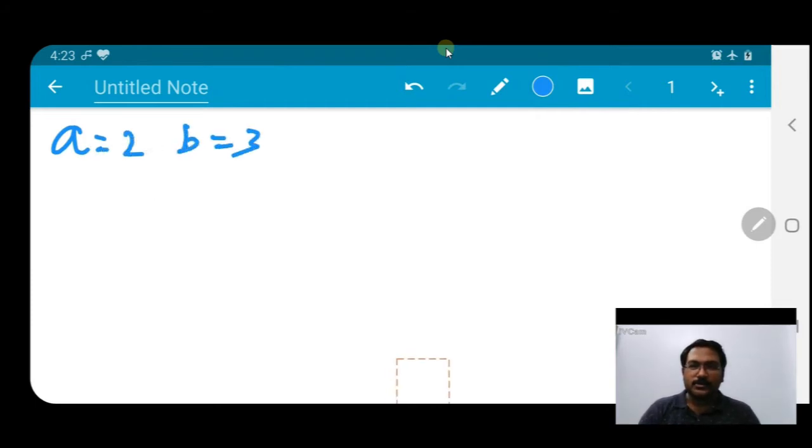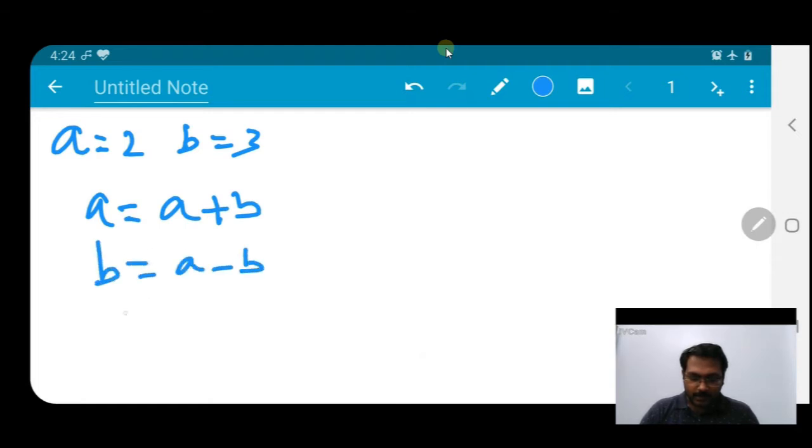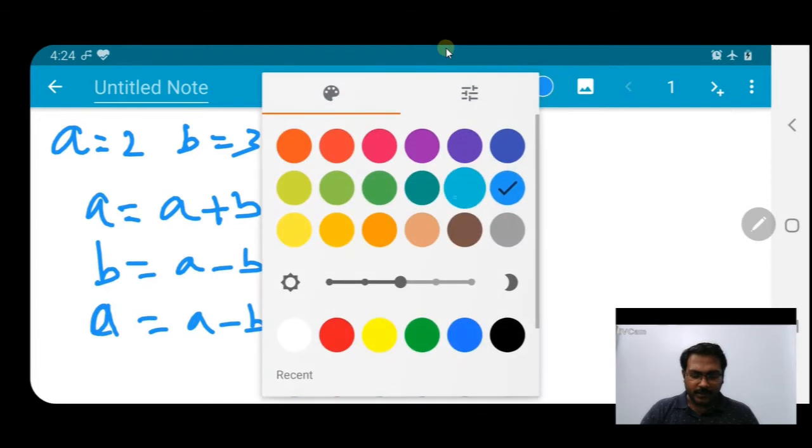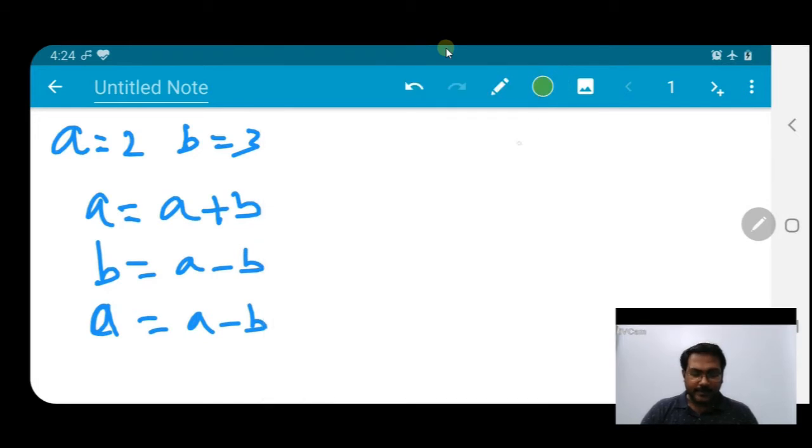What is the logic we have seen in our algorithm? A is equal to A plus B, B is equal to A minus B, and again A is equal to A minus B. So we have two variables, A and B. A has 2 and the value of B is 3.